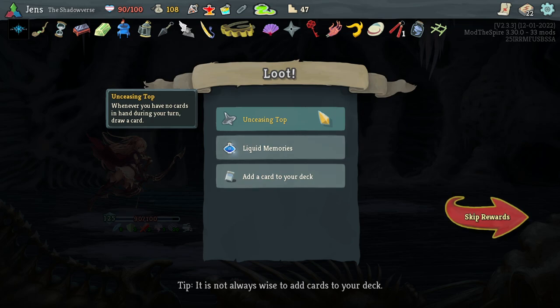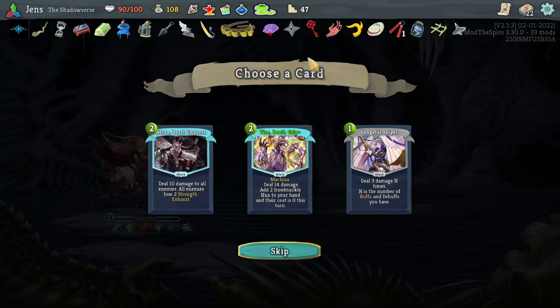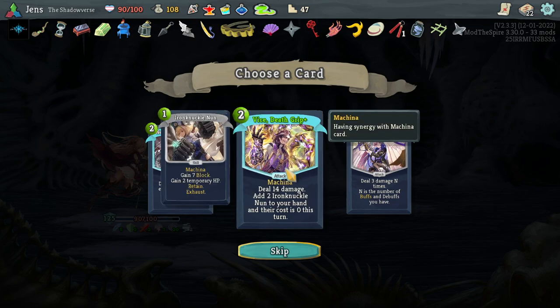Oh, you want to draw cards, huh? Well, we found the way to draw cards. Oh, shit. Another one? This is the best attack in our deck still because of the Tenkos, so...